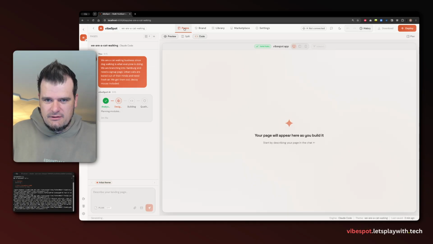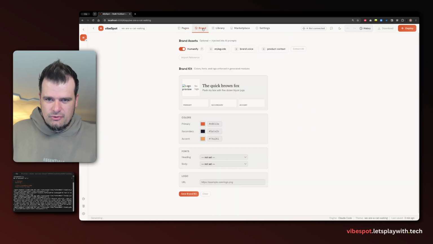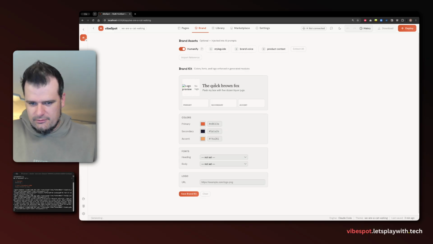We can have a look at the interface a little bit more. So at the very top, we have the context of the theme that we're currently in. So if we click on brand, for example, we can see that we haven't provided it any brand information yet. So it's just working off the cuff, right? So it comes up with its own logo, with its own colors and everything. But we can define this here